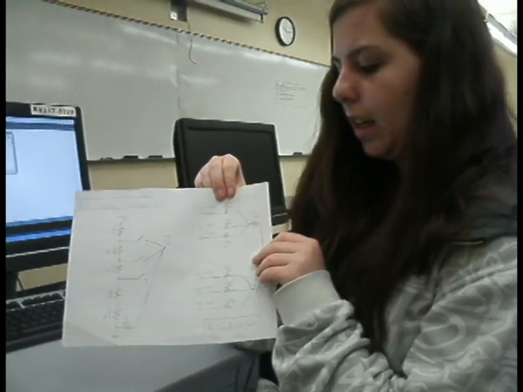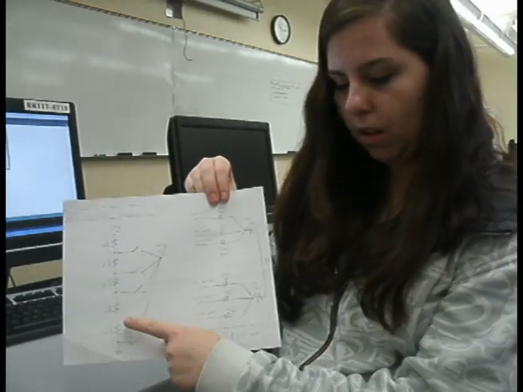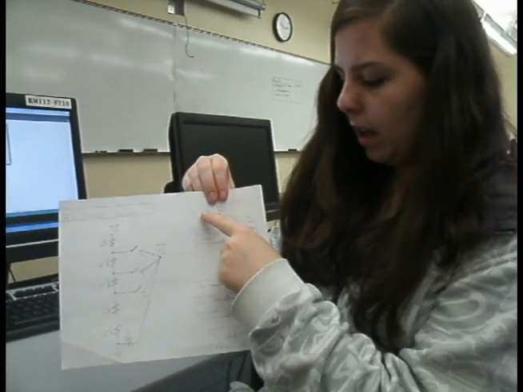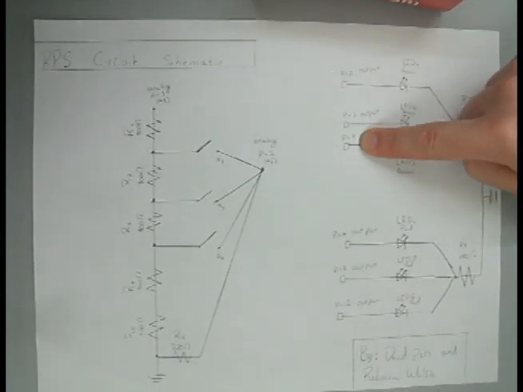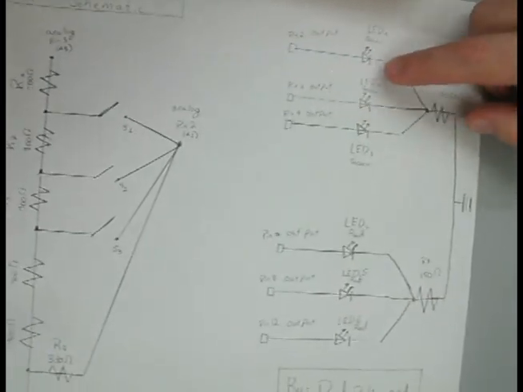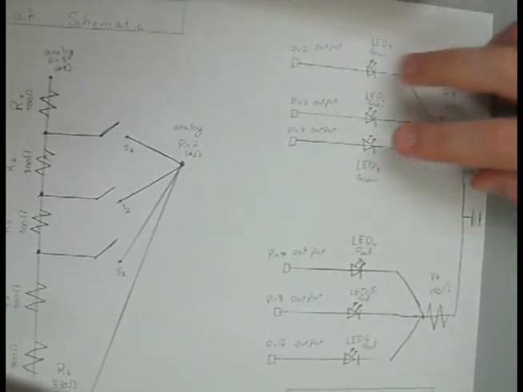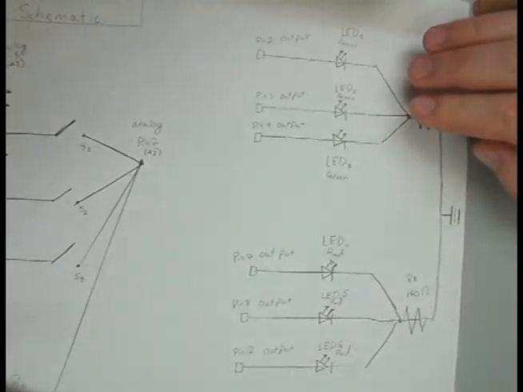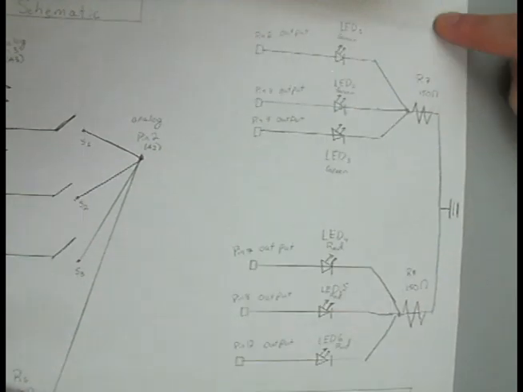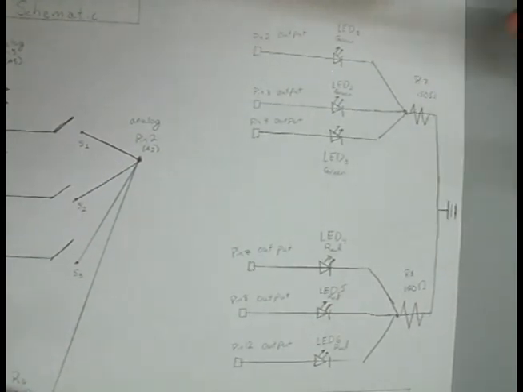Now for the LEDs. These are actually in digital, not in analog. So each LED has its own pin. This one's pin 2, pin 3, and 4. And then the voltage will go across here into the LED. They all come to a common resistor and then into ground. These are set to our reason and will display what we have programmed as